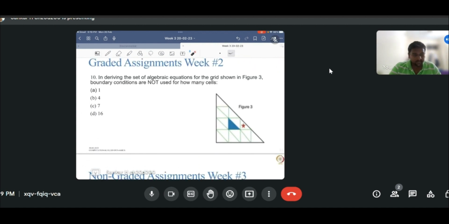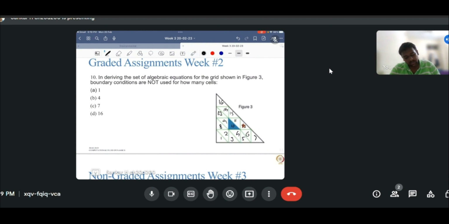Question number 10. In deriving the set of algebraic equations for the grid shown in figure 3, boundary conditions are not used for how many cells? We see that there are 1, 2, 3, 4, 5, 6, 7, 8, 9, 10, 11, 12, 13, 14, 15,